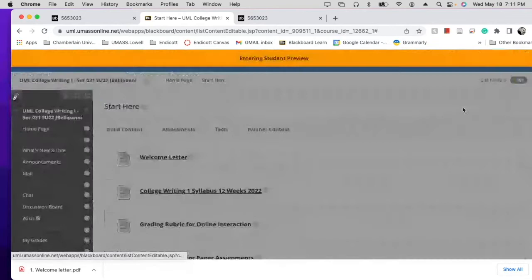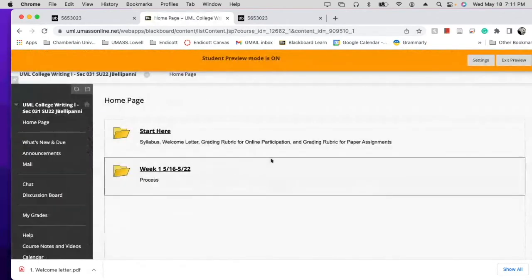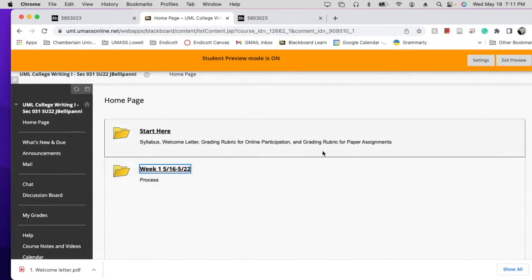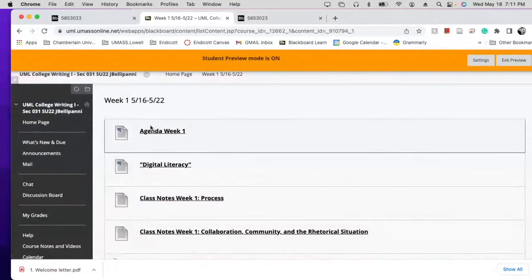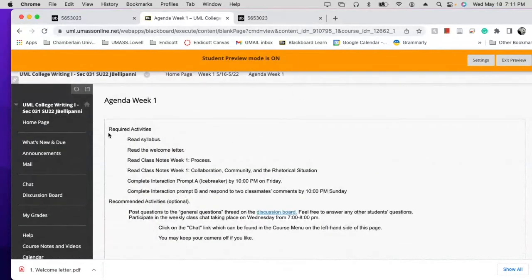Okay, let me go to this. So here I am. I did the start here. Week 1. So the key here, for every week, there's going to be an agenda, which tells you basically, here are the things to do this week. It's the same thing that I put on the welcome letter for this week. So there's always readings, there's class notes to read, and then there's a discussion to respond to, and there's a writing assignment to do, right?